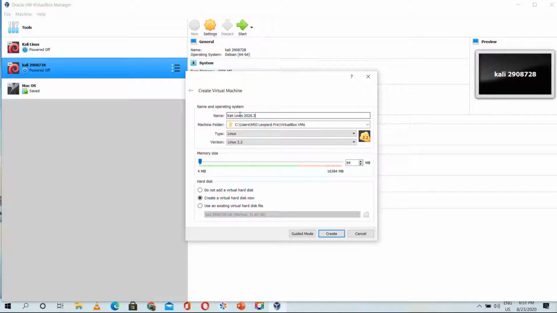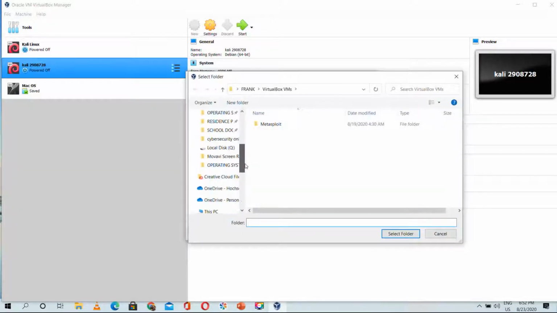2020.3. That is the name you decide to choose for this version, and you can give it any name, but that is the name we are going for in this session. And with the machine folder, you can decide to use the default folder, but I prefer to save it on a different folder on my computer because I have limited space on my C drive. So I select Other and go to the folder,